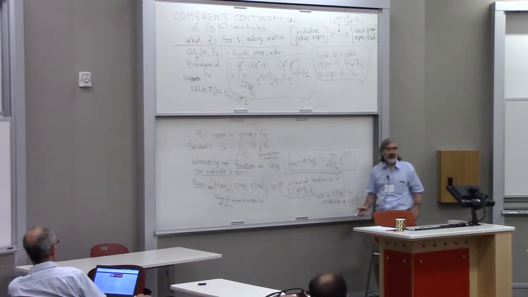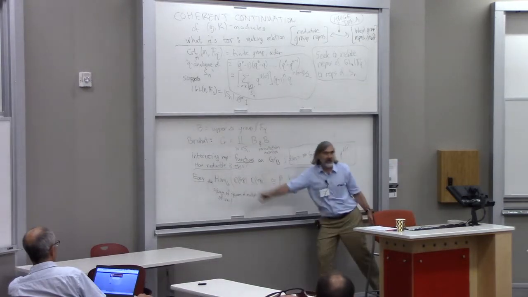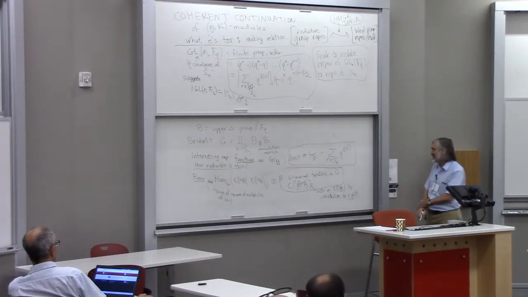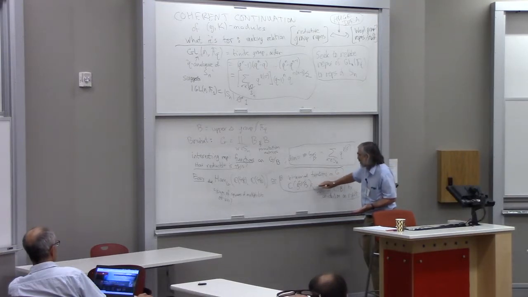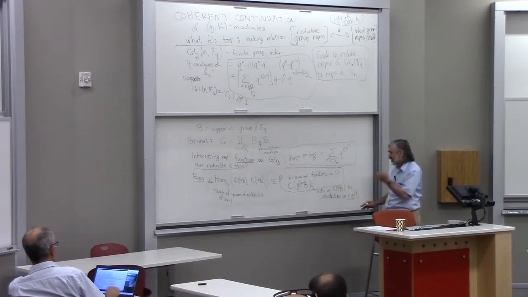And convolution on the right won't interfere with the G action. It'll commute with the G action on the left, and that's how this gets to be